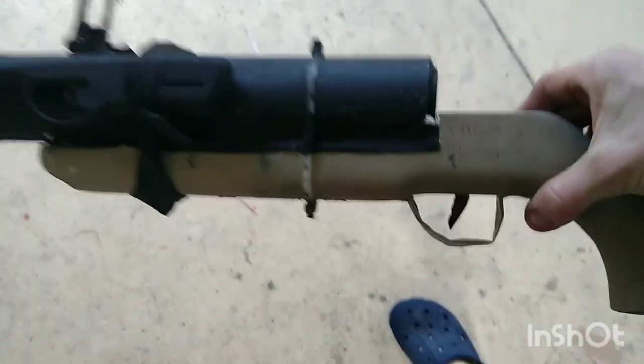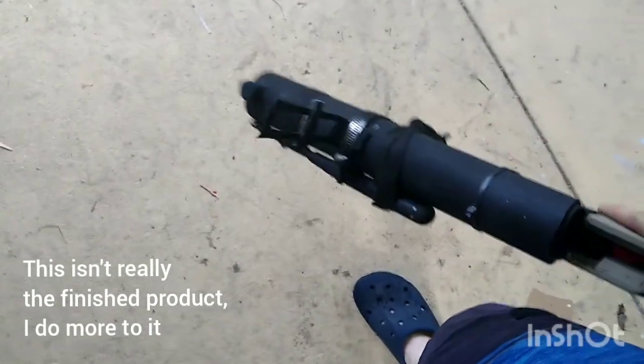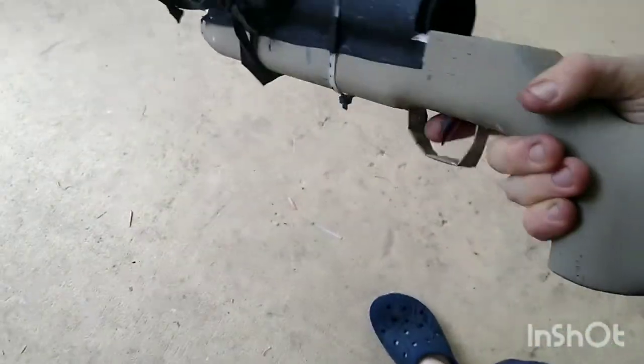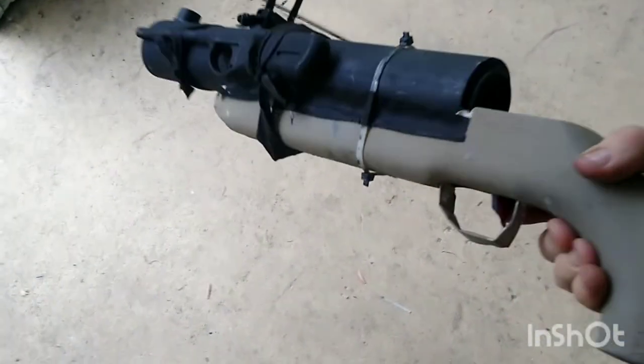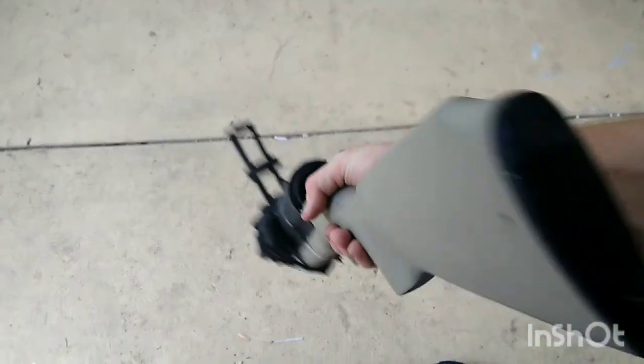Well, here it is. This is the boys' blaster. I don't know if I'm going to keep this lighter on there, but I think it's pretty nice. For now, this is a blaster, and the trigger pulls. It doesn't push itself back. I couldn't find a spring. That rubber does it sometimes, but it's attached and it's all finished. This is basically the final stage of this production. I got the end cap and